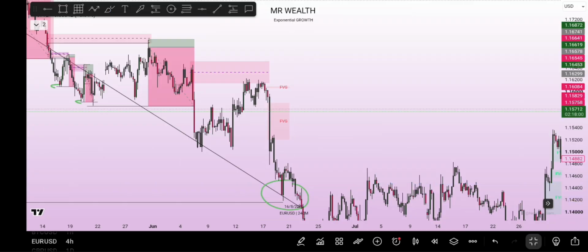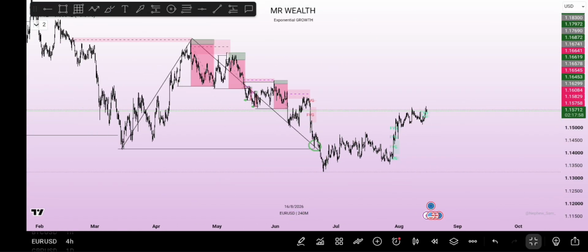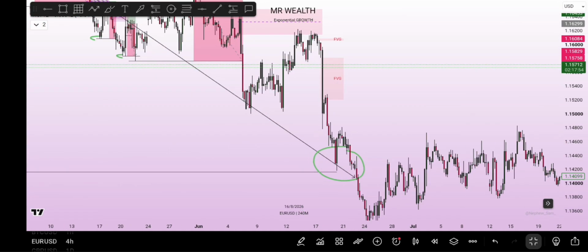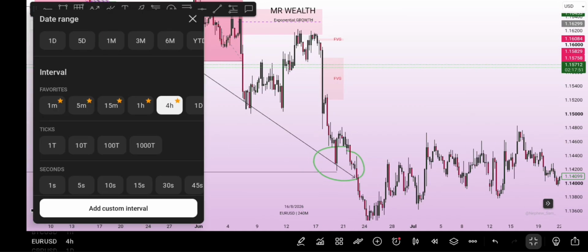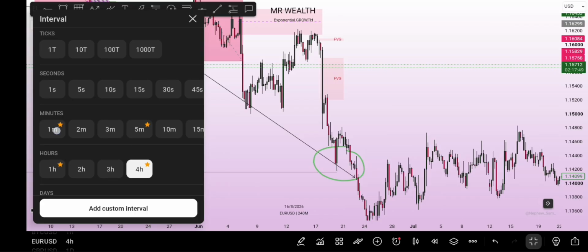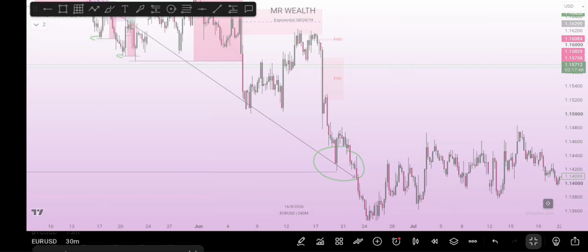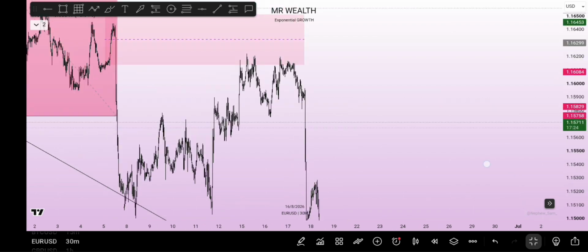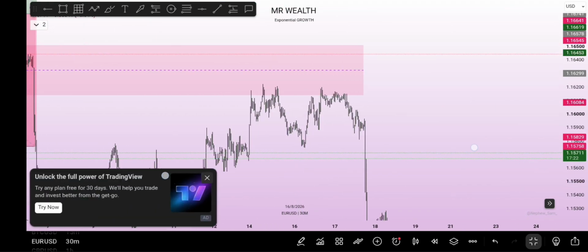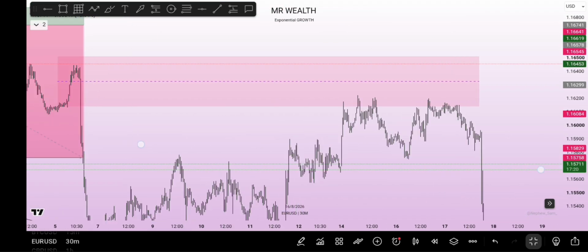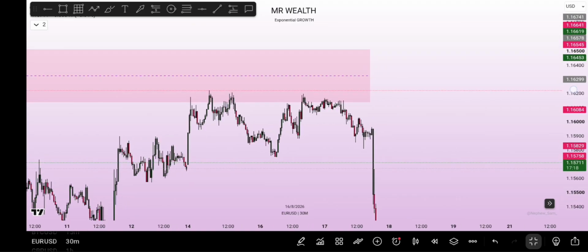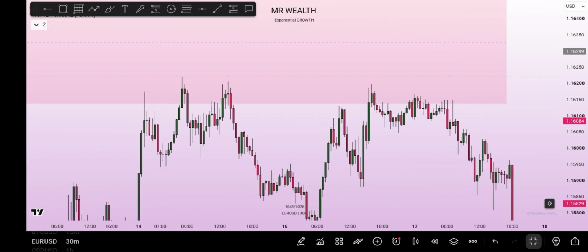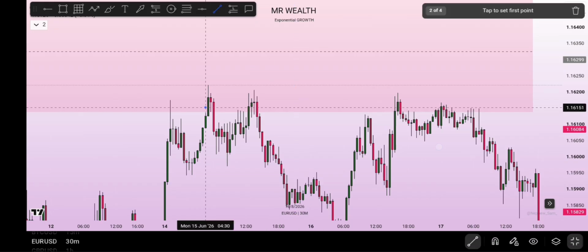So we are just targeting the last points of the swing structure. Consider me from the very shape, targeting the last point of the swing structure. So let's go down to the 30 minutes time frame. So this is it, and you can see